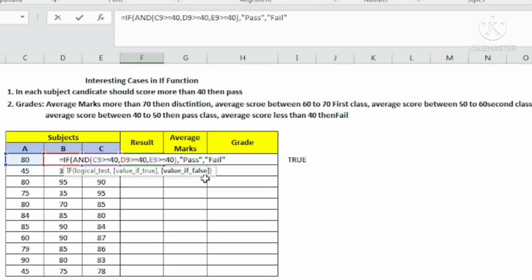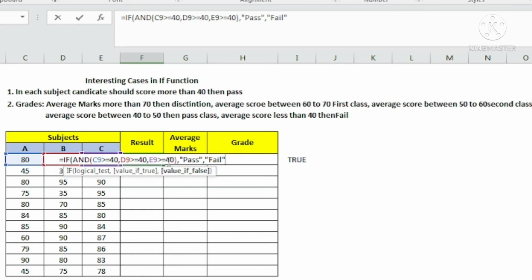Just have a look at what I put over here. Under the IF condition I use AND to check whether each of the subjects is more than 40 or not. So I'll put AND, first subject greater than or equal to 40, comma, second subject greater than or equal to 40, comma, third subject greater than or equal to 40, and then complete the bracket.